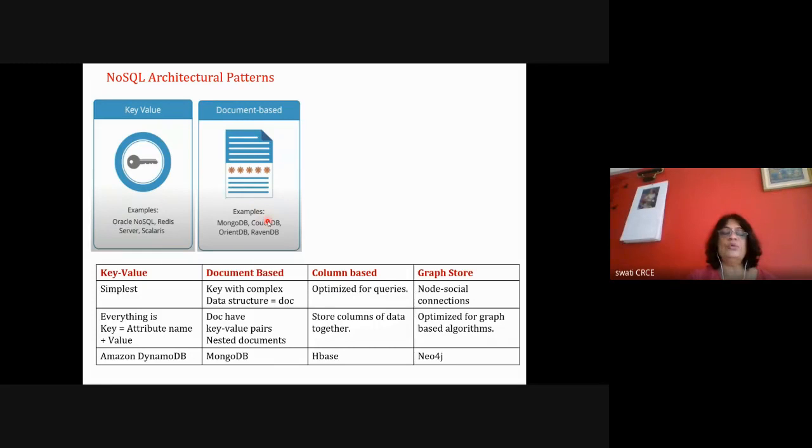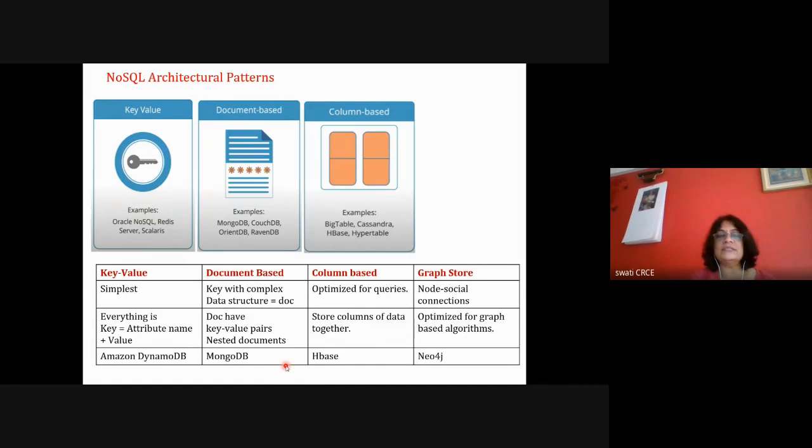So in a document store, you have a key for the document, and through that key you access the document. Now the document can be a structured document, semi-structured document, or any kind of document. So your key will have the corresponding value as a complex data structure. In that document, again, you can have key value pairs, and again, you can have another document inside a document. So this becomes a little complex compared to key value. Okay, so the document store example is MongoDB, and these documents have key value pairs and nested documents.